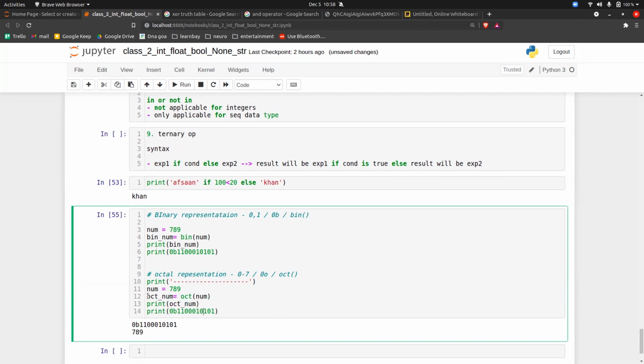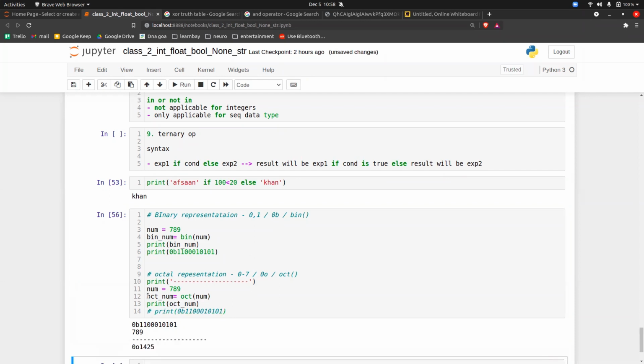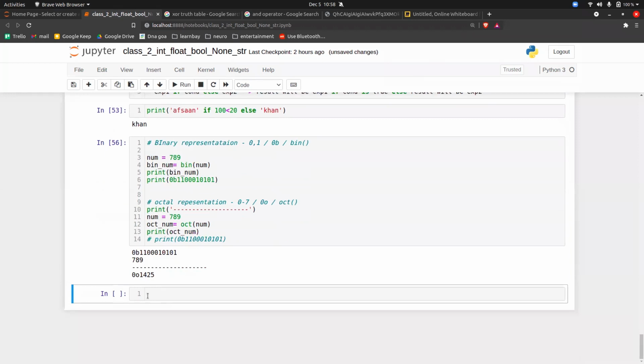And for right now, I will just comment this out. Execute it, and the answer that you can see is totally different now. The answer is 1425. Okay, this is the octal representation of number 789.